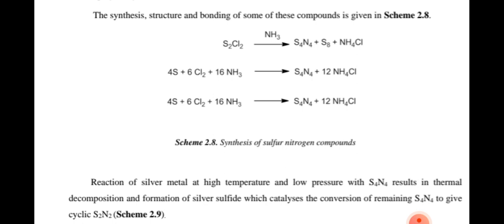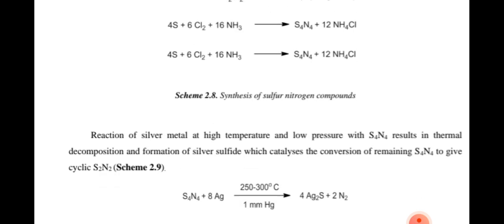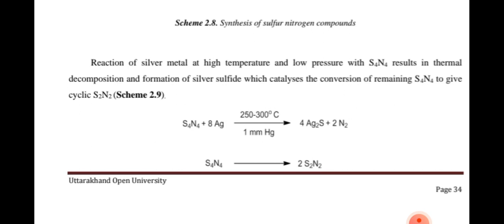We get S4N4 and 12 moles of ammonium chloride. This is the synthesis of a sulfur nitrogen compound. Reaction of silver metal at high temperature and low pressure with S4N4 results in thermal decomposition and formation of silver sulfide, which catalyzes the conversion of remaining S4N4 to the cyclic S2N2. S4N4 reacts with 8 moles of silver in the presence of 1 mm mercury at 250 to 300 degrees Celsius to